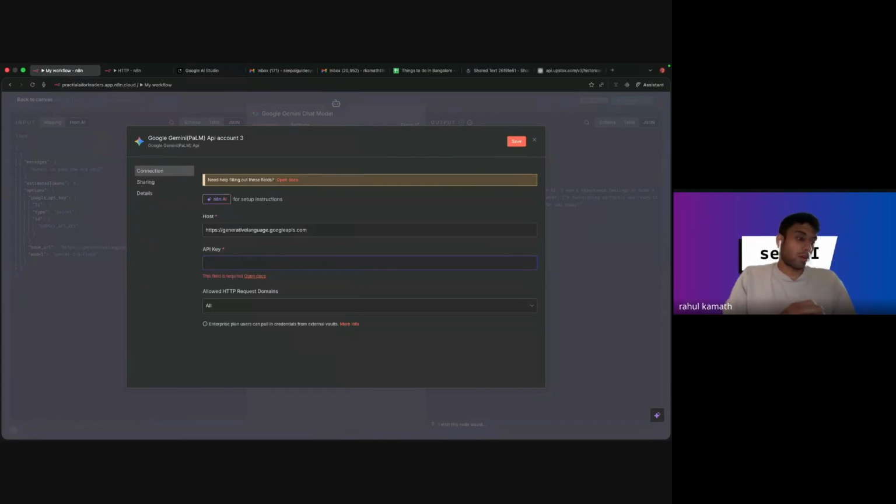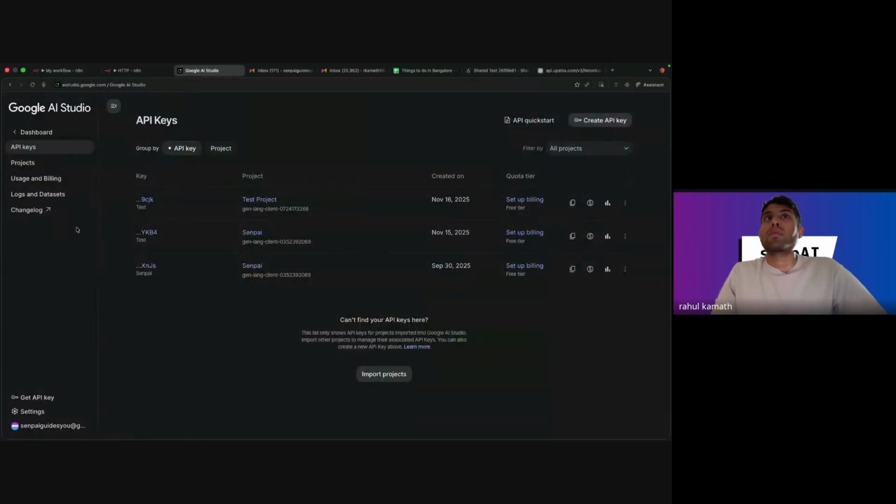Okay, so what I'll do for now is I'll share the API key which I created. Maybe there was some extra thing on Google AI Studio which I had to do. I'll just try to figure that out. I'll just share the API key here. You can probably use the one which I have copied. So anyway, a test one.